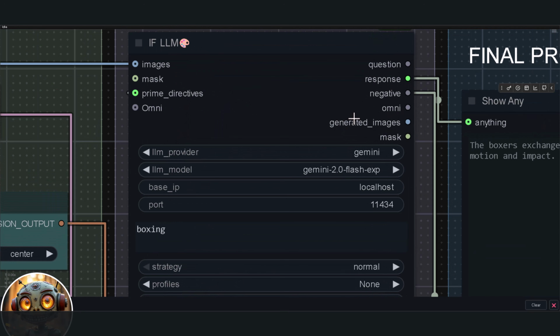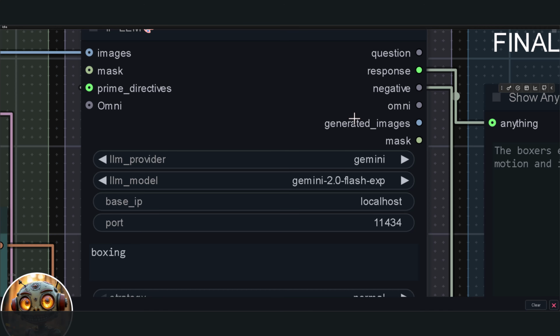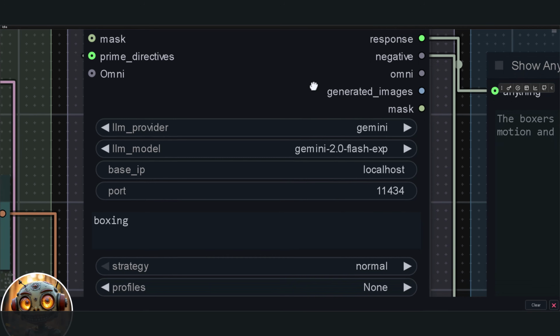The model I'm using here is the Gemini 2.0 model. We already found out in the last video that it's free and super fast. And again, because it runs through an API, it doesn't add any load to my system. That makes a big difference, especially if your GPU is already working hard. Just something to keep in